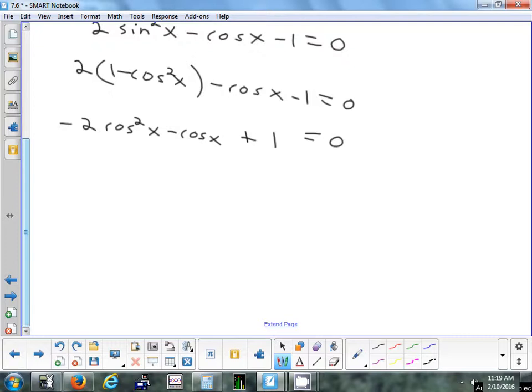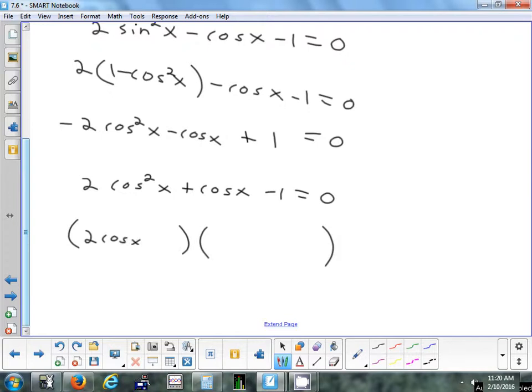Right, we could try to factor this one if we wanted and see if it comes out nice. If I'm going to factor it, though, I like the coefficient of x squared to be positive. So how could I change the sign? Yeah, I could multiply everything by -1 and change this to 2 cosine squared x plus cosine x minus 1 equals 0. That's the same problem. Now I'm going to try to factor this. So I would have